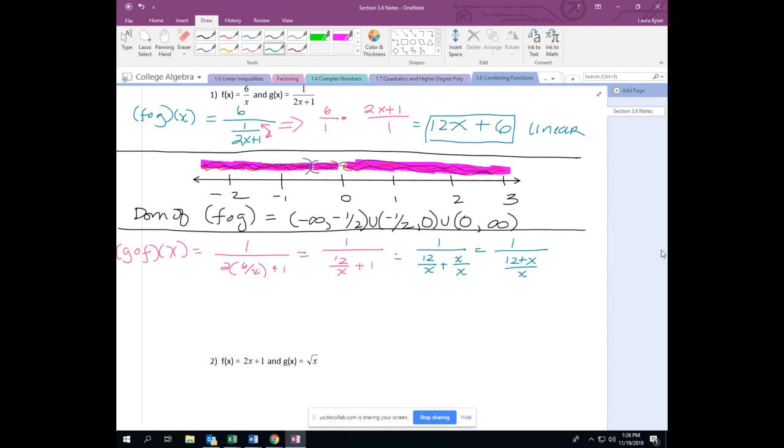Now, we're in a similar situation at this point that we were in this first example because we have a complex fraction. So in similar fashion, we're going to have to keep it, change it, flip it, and make this 1 times x over 12 plus x. And 1 times anything is itself, so really this is x over 12 plus x. So here's my